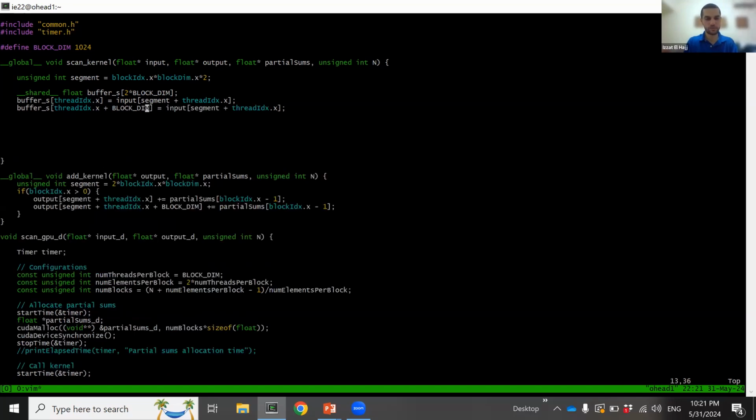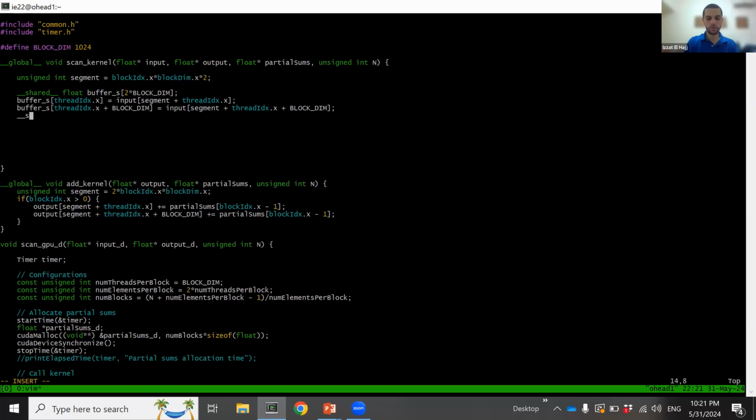Excuse me, my terminal is lagging a little bit, so this is why there are some glitches happening. Okay, and then here we'll do plus block dim. Okay. Now, of course, after we're done loading to shared memory, we're going to sync threads,